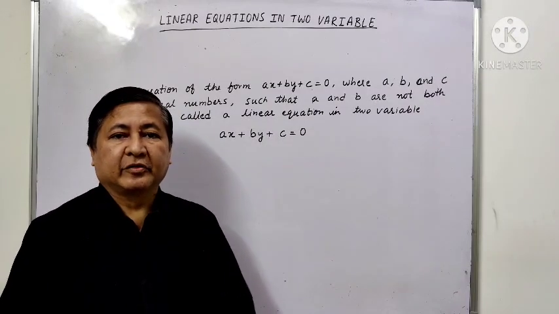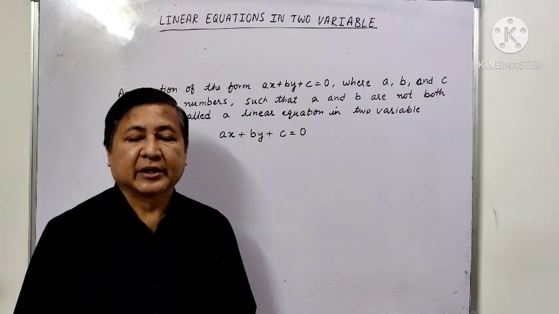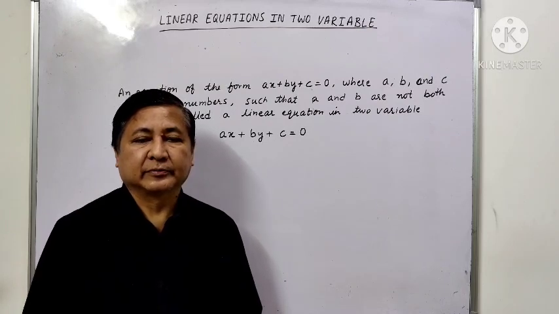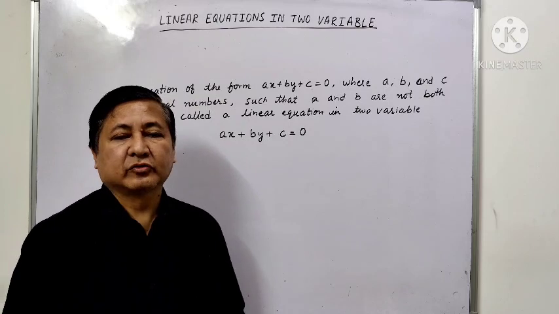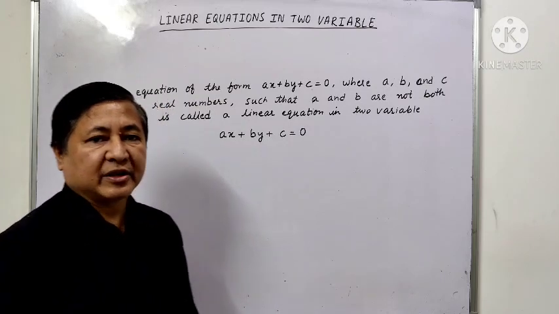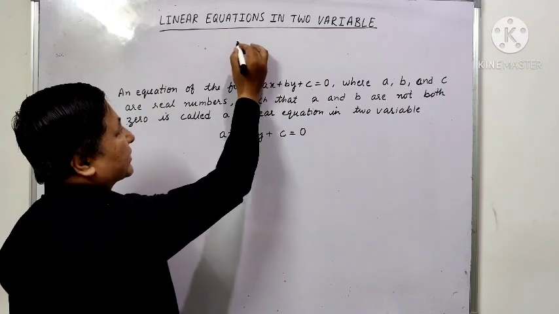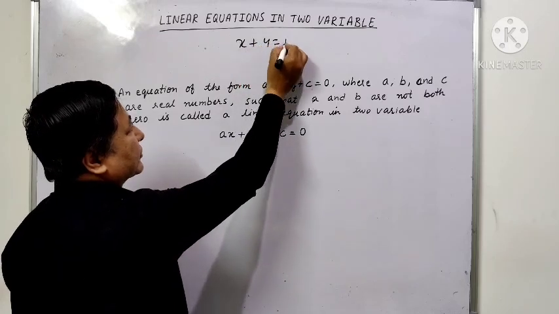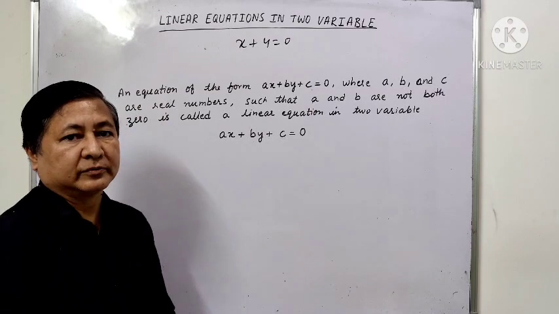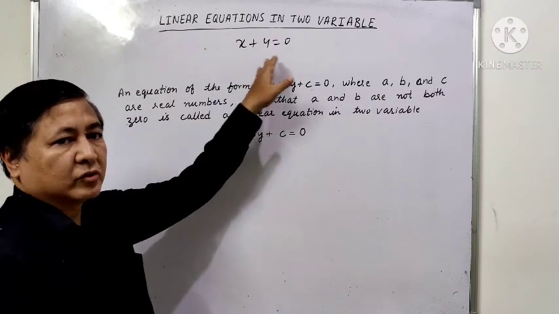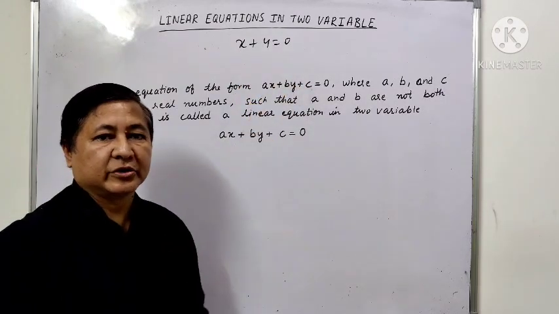Hello students, today we are going to start a new chapter, that is linear equation in two variables. In the lower classes, that is in the 8th class, we have studied the linear equation in one variable. I'll give the example of linear equation in one variable, that is x plus 4 is equal to 0. Here you can see only one variable is involved. So that is the linear equation in one variable, but we are going to start a new topic, that is